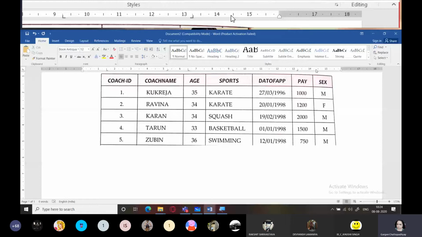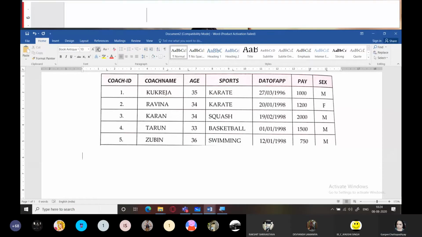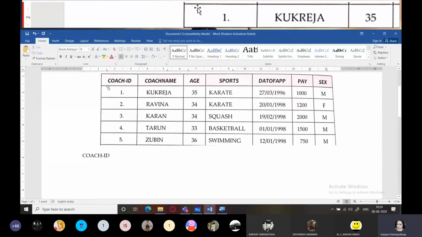Now everybody watch it very carefully. I will type here coach ID. Now you can see what I'm going to do is reduce the font size a little bit. Reduce the font size. Coach ID. Now you can see that this coach ID is exceeding this left.